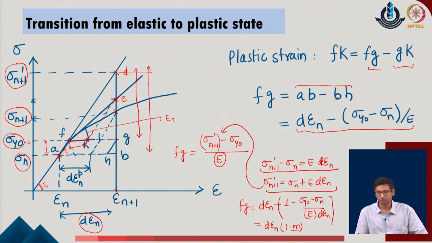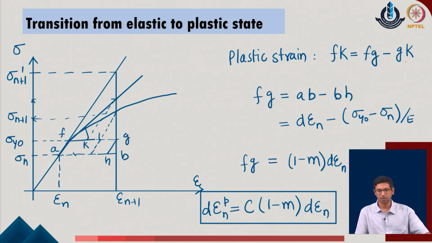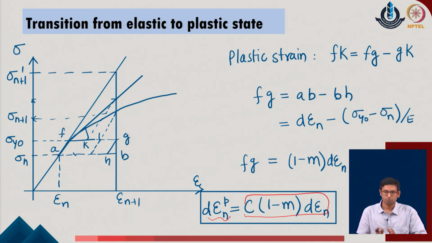Now, we can further consider the expression of g k in the given system, and once we evaluate that part of the expression also in the given system, we finally see that the overall expression of the plastic strain, epsilon p, of the system can be written as C times (1 minus m) into d epsilon n, which means that in the case when the system has a linear stiffness part which is defined by this particular value beyond the initial yield, the condition of the system.